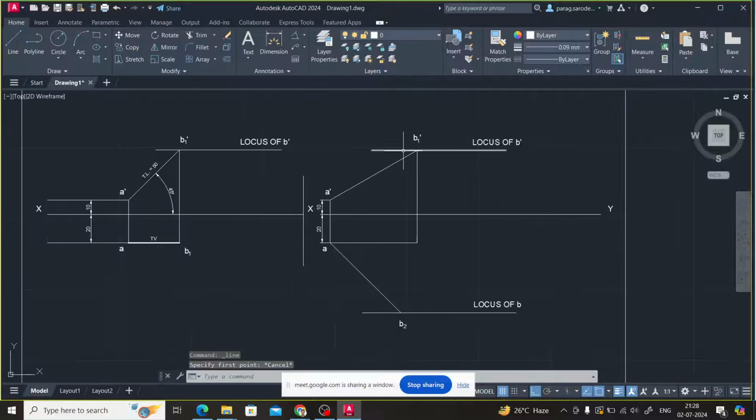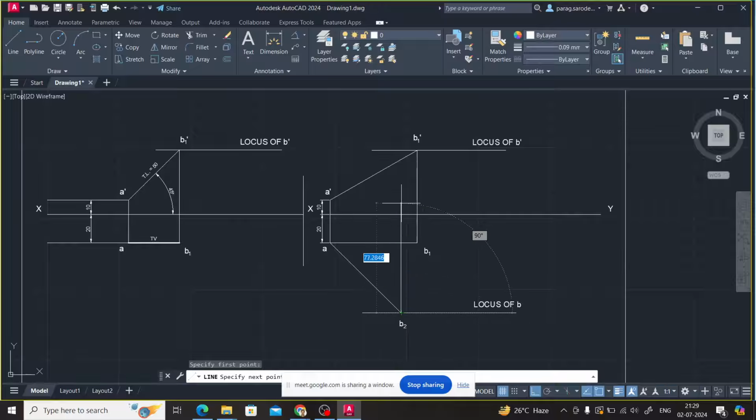So which one is this point? B1 dash is located below xy, so this point will be what? B1. Okay, don't even think, what is this point? It should be b1, because it's a trace or projection of b1 dash, so it's b1. Now